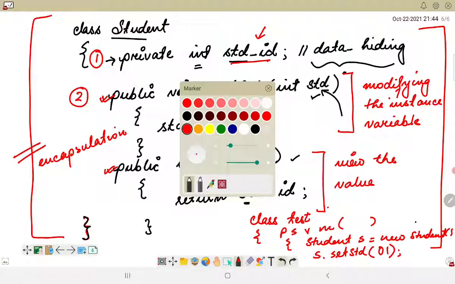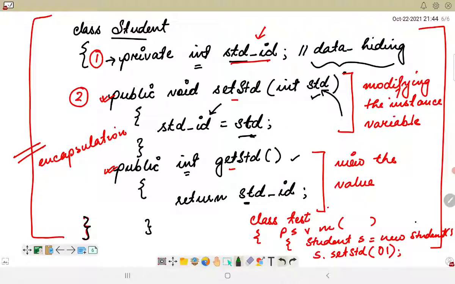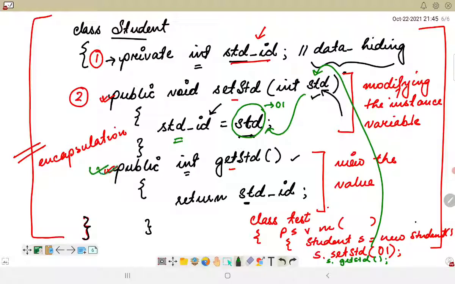So what will happen here is, now this particular method would be called and it will be captured here, and after this, this particular value, which will now be 0 1, will be stored in student id. After that, if we want to view this, we have to call the other method using the same object, which is get student. Okay, and when I'm using this get student, this particular method would be called. Okay, then public int get student, and it will return the student id.